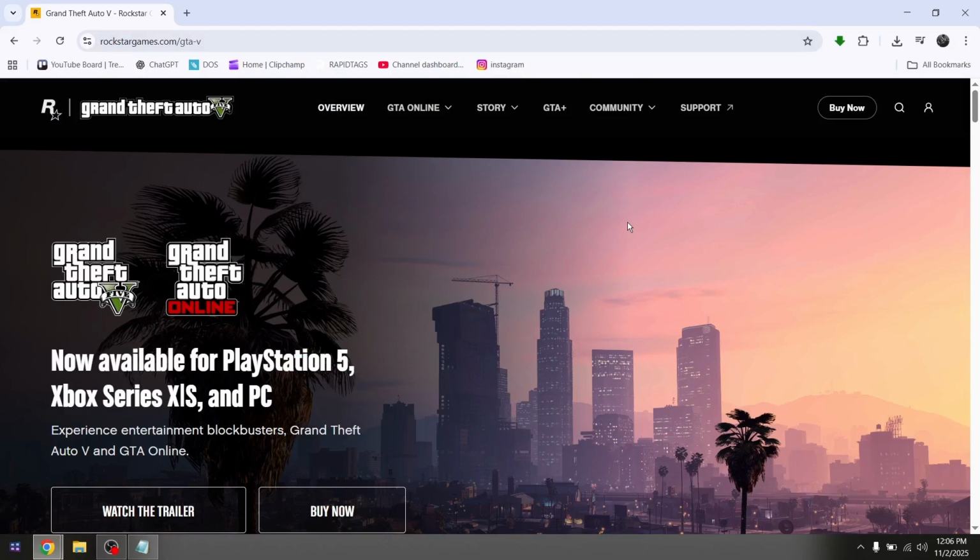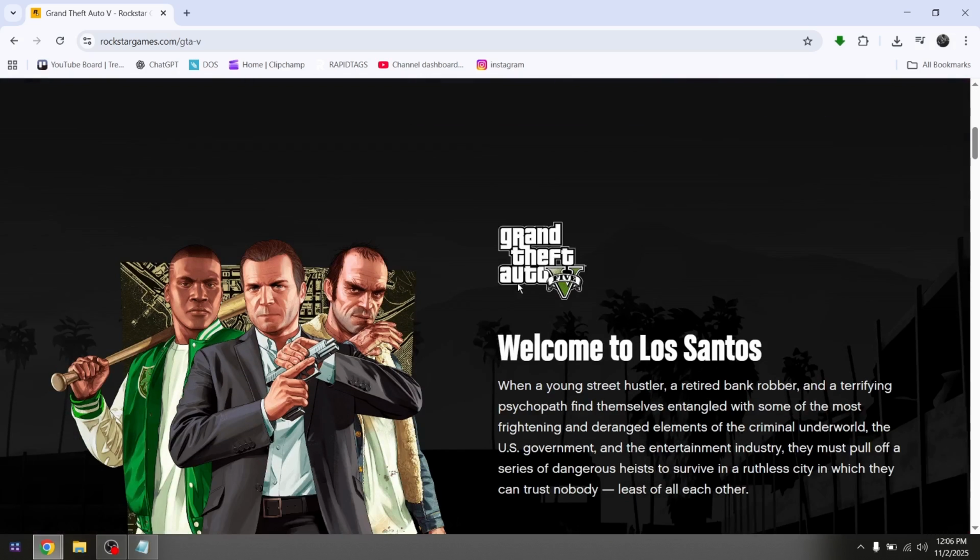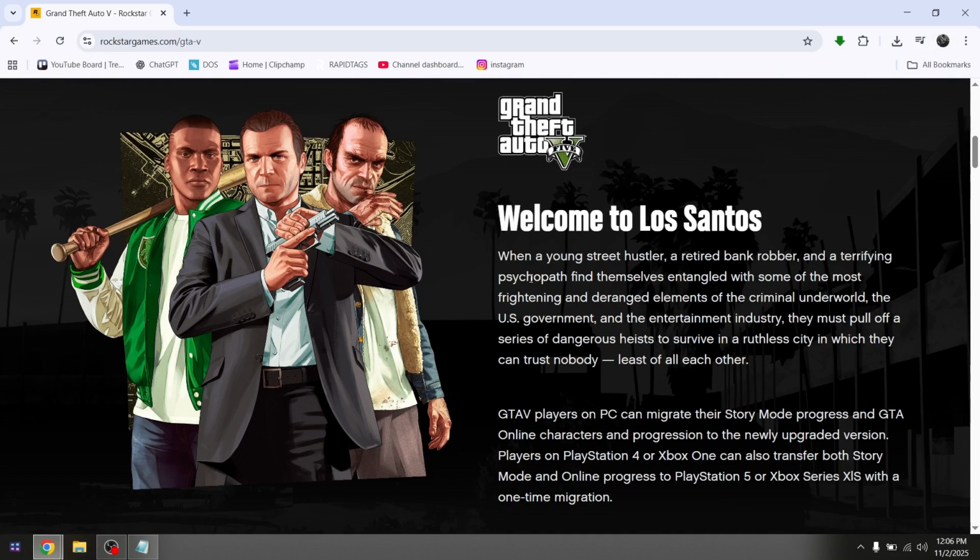How to fix GTA 5 "An error occurred while authenticating with Rockstar Games services." Now, the very easy troubleshooting steps that I'm going to be providing you are the generic ones and the most popular ones as well. But before doing this, you have to make sure that, whether from your Steam or from